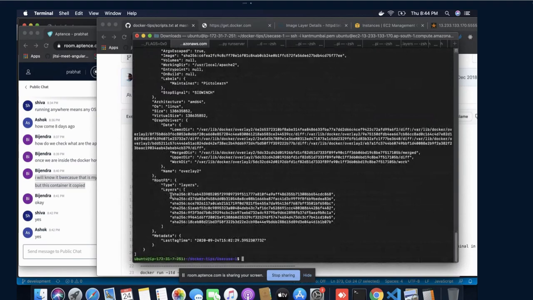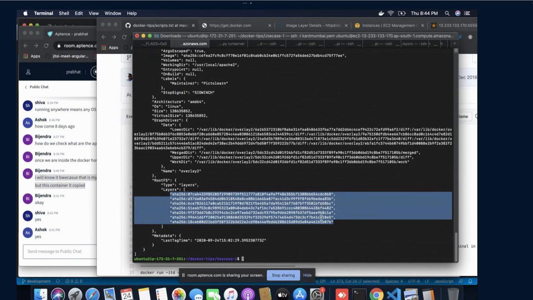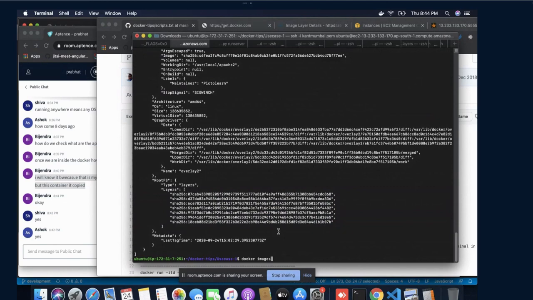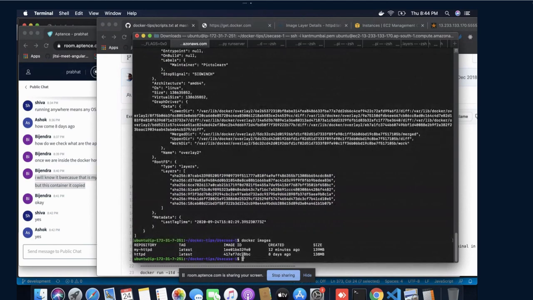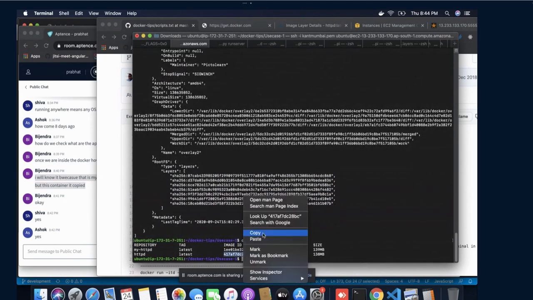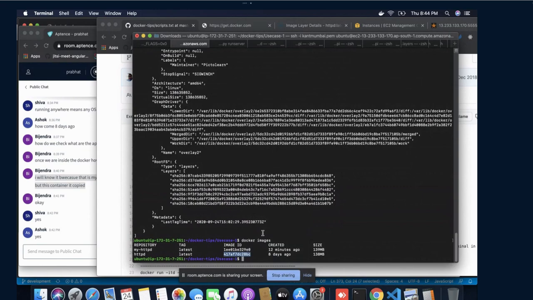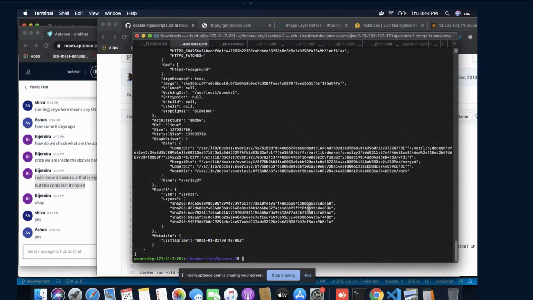Can you see at the bottom, we have a total of layers 1 2 3 4 5 6 7. Now if I use this one, they have 1 2 3 4, total 5 layers.